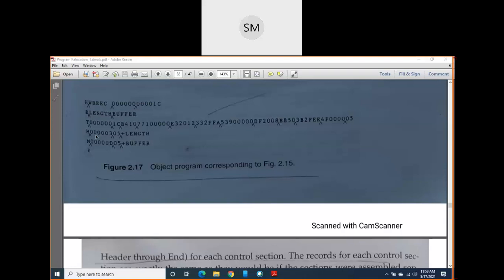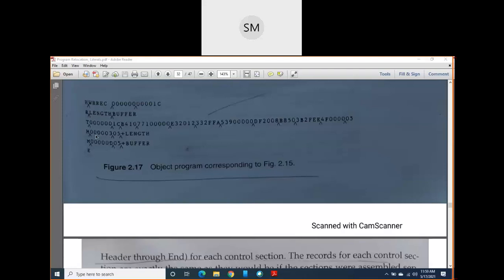So plus is there, so you have to use instruction format number 4 and modify the address field of that instruction, and the instruction has the operand buffer. So for every external reference symbol, you have written one modification record here.